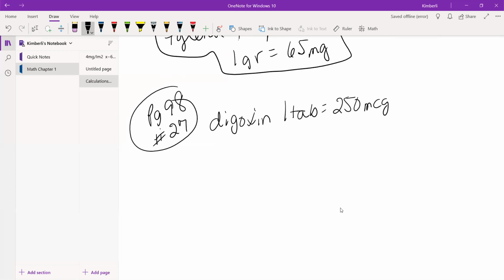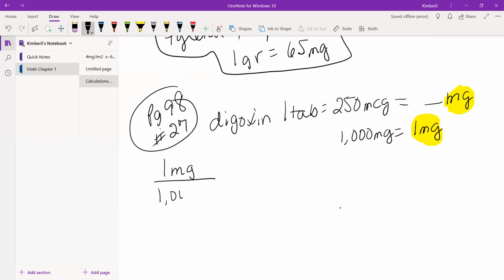How would this be written in milligrams? Okay, so we're going to take the microgram and milligram conversion, and there are 1,000 micrograms in 1 milligram, and I want to end up with milligrams. So I'm going to take this conversion and I'm going to put the milligrams on top. So I'm going to do 1 milligram